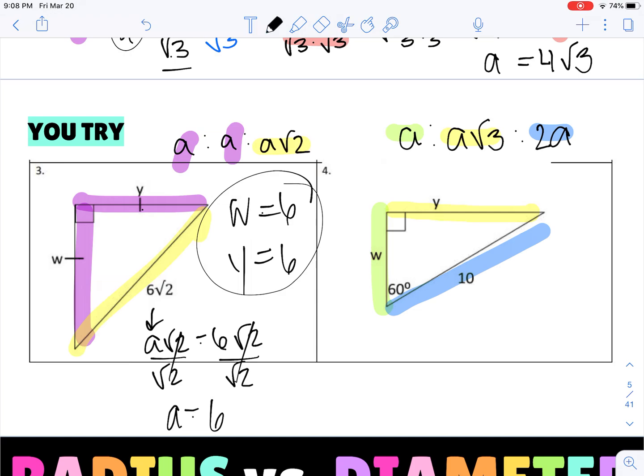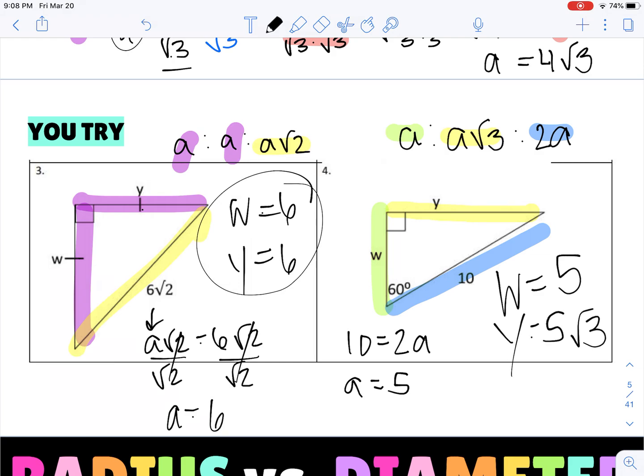We use the one we have information about. We know the hypotenuse is 10. And we know that that hypotenuse is twice as long as the short leg. So let's solve for the short leg. A would have to be 5. Once we know this, we can substitute. The short leg is W, which we know is the length of 5, because it just equals A. Y would have to be 5 square root of 3. All I am doing is substituting in for those A's. Alrighty, and that concludes